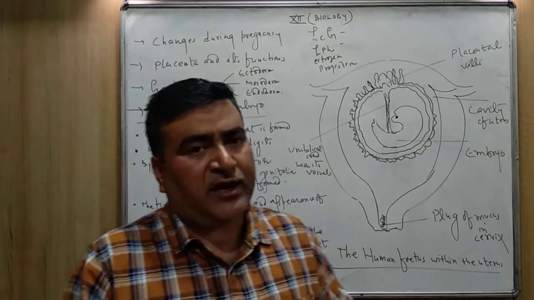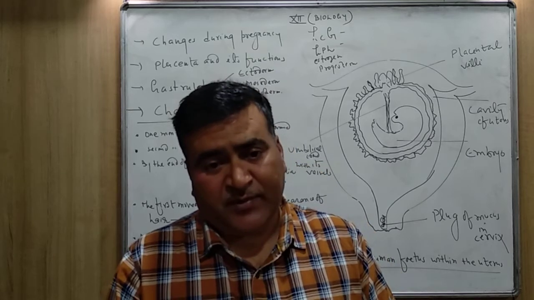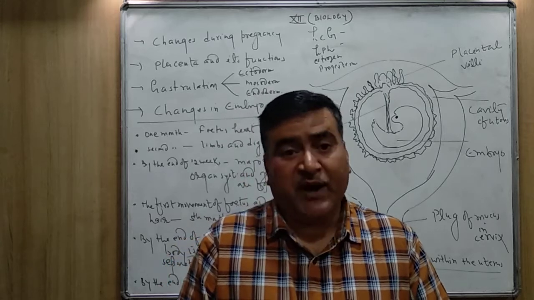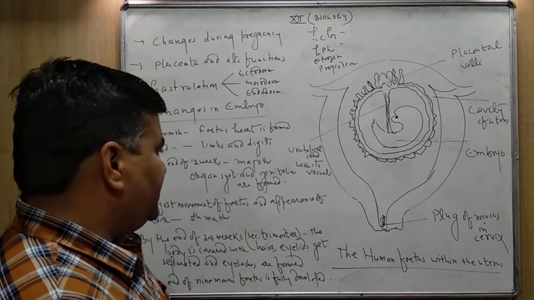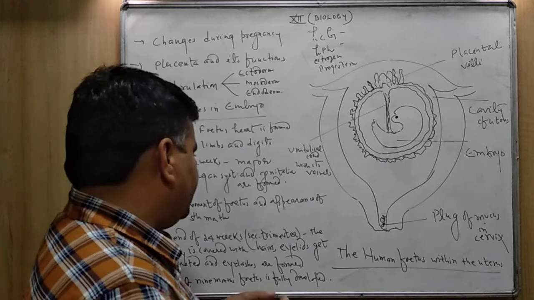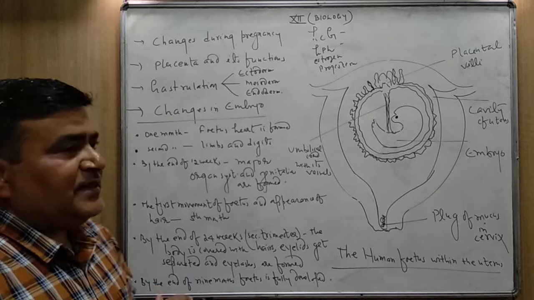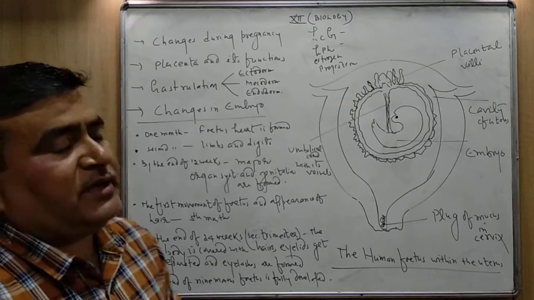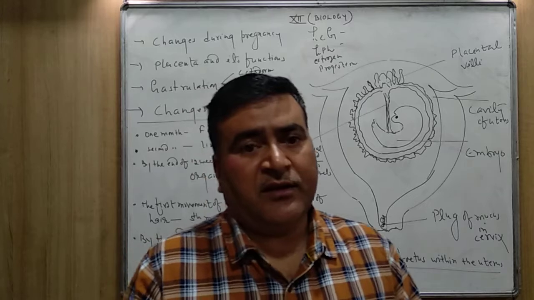The eyelids, initially both are attached, they are not open. But both the eyelids open by the end of 24 weeks, or you can say 6 months, 2nd trimester, by the end of the 6th month. So many hairs in all the body parts are produced, and the eyelashes are also formed. And as you know, by the end of 9 months, the fetus is fully developed.